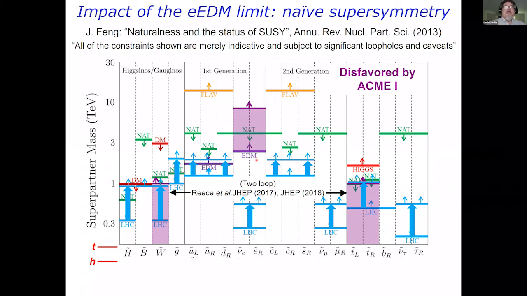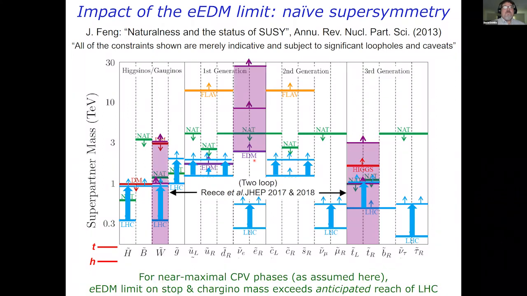If we make the assumption that CP violating effects in supersymmetry are about as big as they can be, which there are substantial reasons to expect, but there are no guarantees, then the ACME result has put these bounds on several supersymmetric particles. And you can see the bounds that ACME places are well above the bounds from the LHC in the cases that we're sensitive to. And in fact, they're not only above the reach of the LHC so far, but they're above the reach that the LHC ever anticipates getting to. So we're really on the cutting edge of particle physics with these experiments.